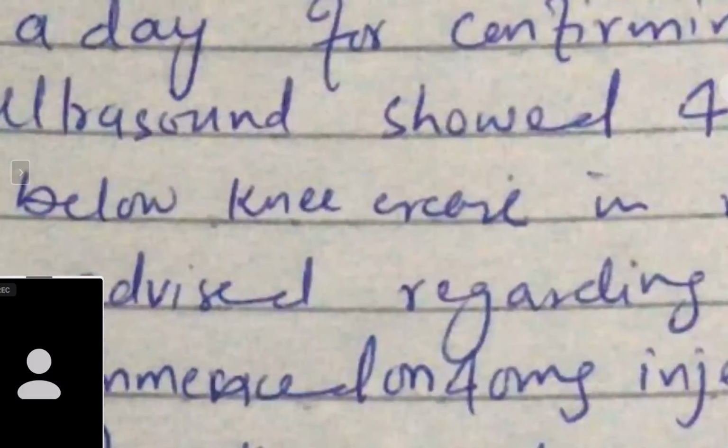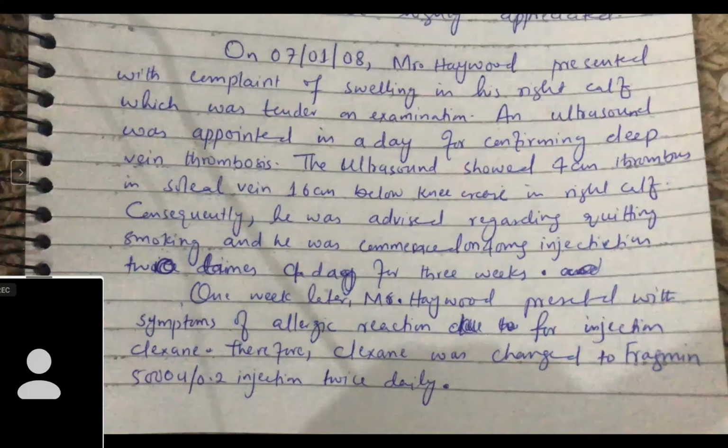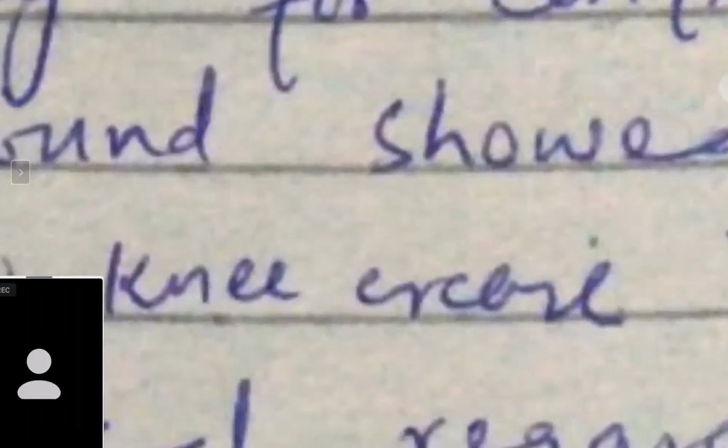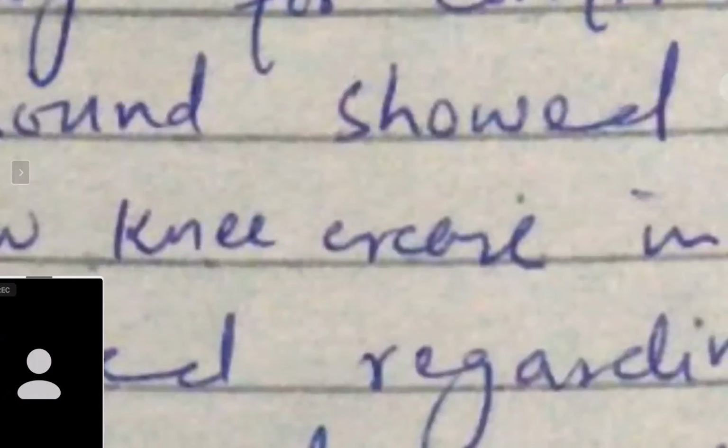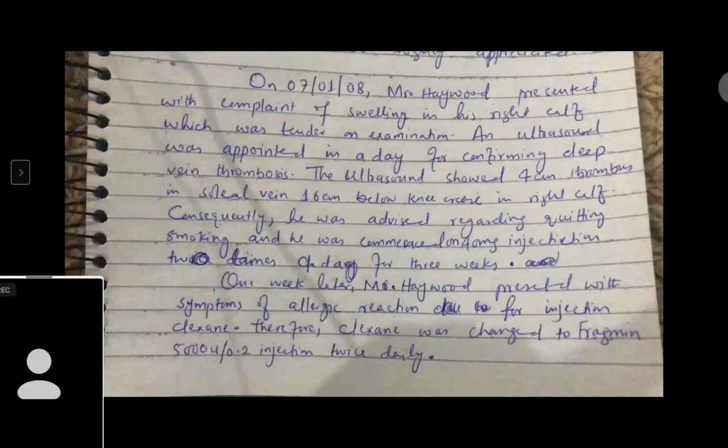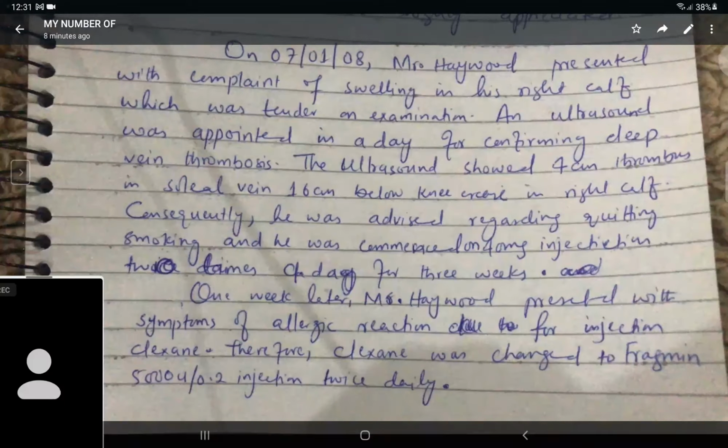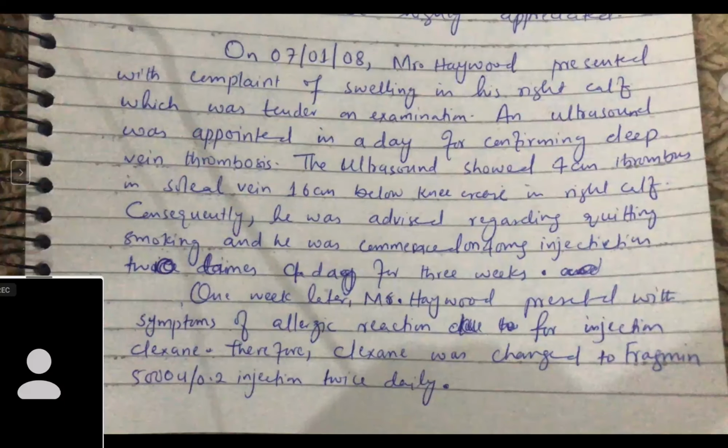I mean, I'm just guessing it, ma'am, but that's what is written in the case note. Yes, but tell me, what is this? What does this look like? It looks like a U. No, it looks like an R. No, ma'am, I'm talking about the soleal vein or the knee crease. Okay, that's good. But the crease doesn't look like a crease. No, ma'am, you've written something else. I'm talking about below the knee crease. Yeah, that's good. But crease, it doesn't look like that. That's what I'm trying to say.